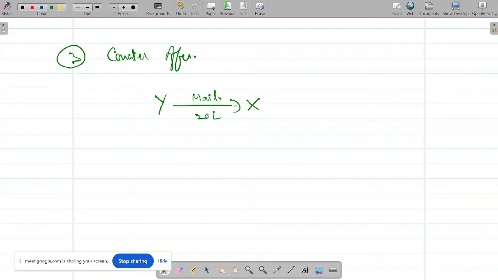Yourself, X. What you have to do? If you want it, you can say, yes, I will buy. If you don't want it, you reject the offer. That's it. Only this you can do. Only two options for you. But instead, you feel like this 20 lakhs is a bit heavy, which means it's overpriced.